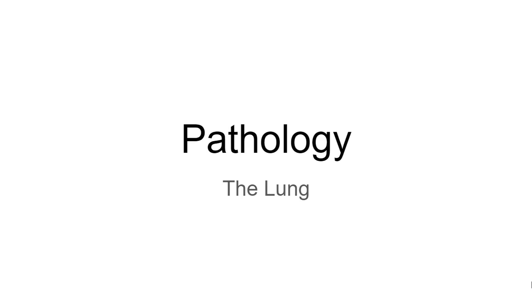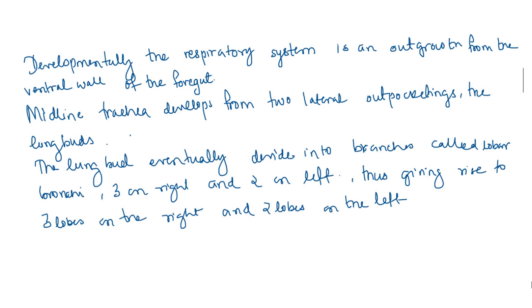Pathology. The lung. Developmentally, the respiratory system is an outgrowth from the ventral wall of the foregut. Midline trachea develops from two lateral pocketings, the lung buds. The lung buds eventually divide into branches called lobar bronchi,